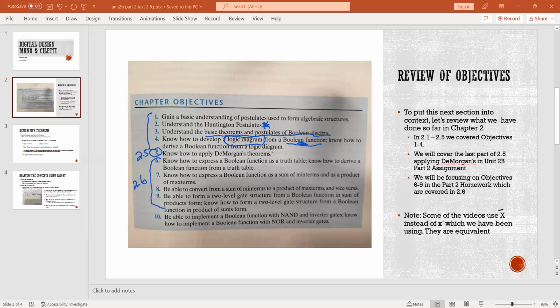So now we're going to do De Morgan's theorem real quick. Keep in your mind that De Morgan's is used when you want to find the complement of a function. For a Boolean function, you can use De Morgan's theorem, and so we're going to be doing that. And then we're going to look at,